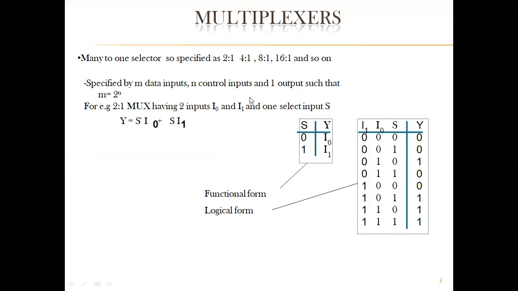So the three primary things which are required in a multiplexer are: there are n input lines, and there is one output. That is why it is always referred to as an n:1 multiplexer. So if there are two input lines, there will be one output. And any of the two inputs has to be selected so that it can be connected to the output, and the output will simply pass on whatever is the logic level at the input.